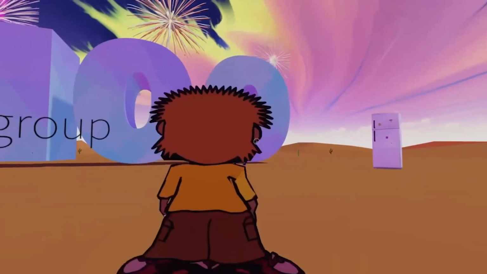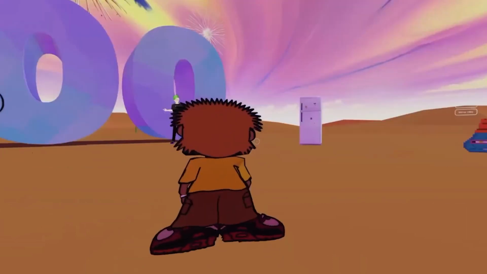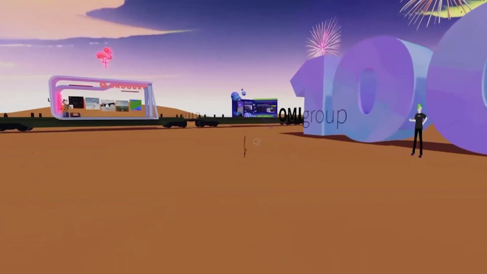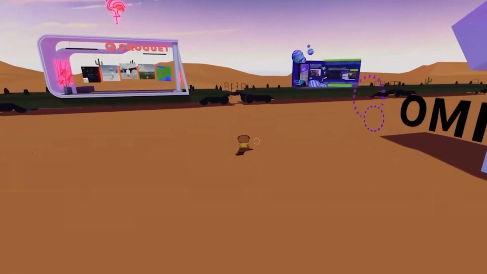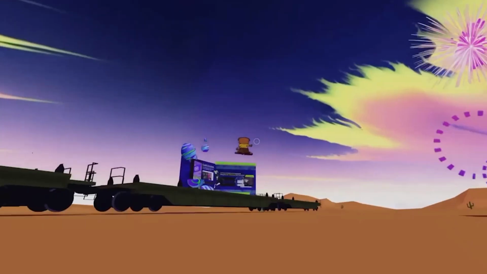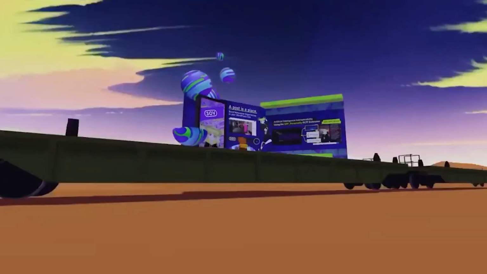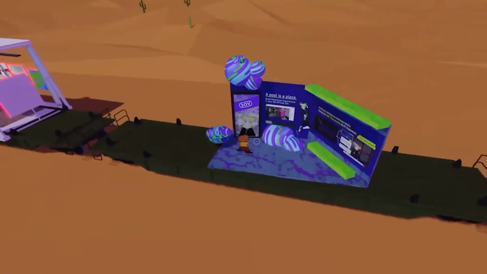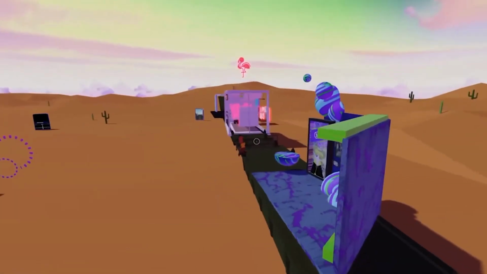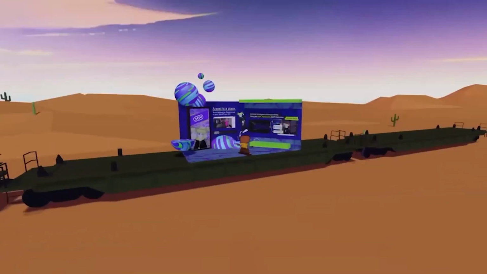So this really is showing off the power of the metaverse, right? Traversal already demoed through that. And yeah, this is the OMI Group 100th that we celebrated. Oh, I really love this train. I didn't see the train, but these are some booths that M3 put on with Neon Biddle, where a lot of platform builders were able to put together booths and show off what they're working on.